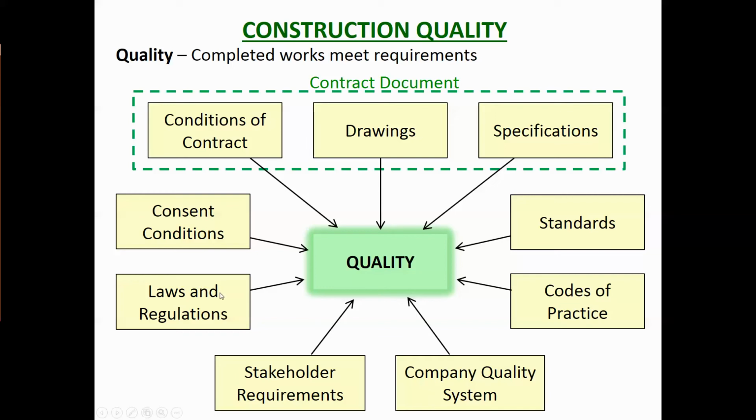Laws and regulations, that would come down to safety, but also the quality. So there are quality standards for what we build, and the stakeholder requirements, and that could be the client requirements. Are you actually doing the works as the client requires? It could also be neighbours. You might have noise constraints. So quality could be that you are doing the work within the required noise restrictions. So you can see that the contract document is the principal quality reference, if you like,